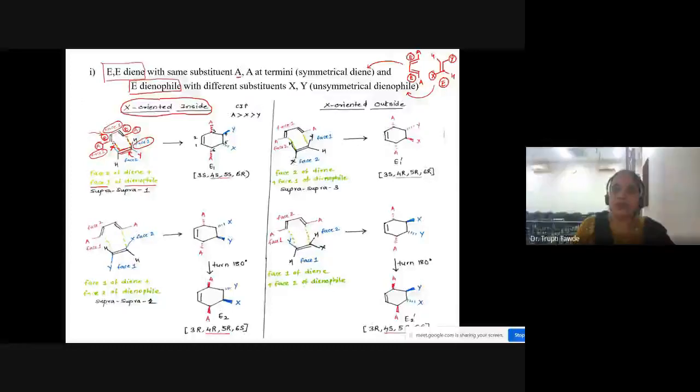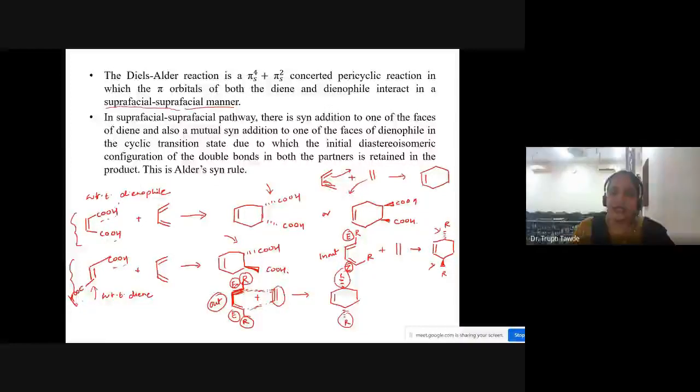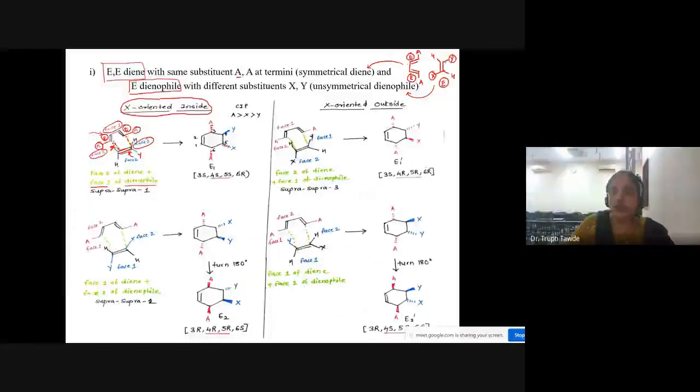Dinophile system जो है उसमें X जो है, X is inside. X is attacking the dyne from the back side. तो of course जब ये dinophile back side से attack कर रहा है, so of course जो X है that will move away from the plane. So again X is away from the plane. और अगर x अवे फ्रॉम द प्लेन है, सो डू यू रिमेंबर इन द केस ऑफ दिस वी हैव सेड डायनोफाइल के केस में क्या है, जो स्टीरियोकेमिस्ट्री रिएक्टेंट में है वही स्टीरियोकेमिस्ट्री प्रोडक्ट में होना चाहिए। तो अभी तुम रिएक्टेंट का स्टीरियोकेमिस्ट्री देखो, x एंड y एक दूसरे से कैसे है, they are cis or trans to each other, they are trans। तो अगर x is away from the plane, the y will be above the plane।